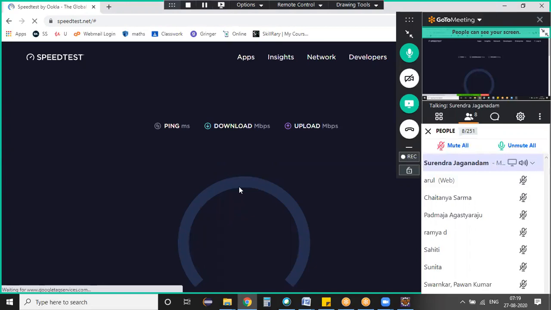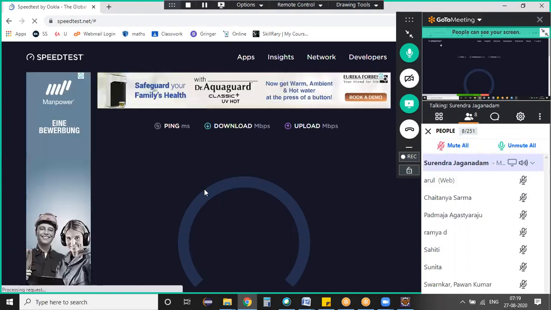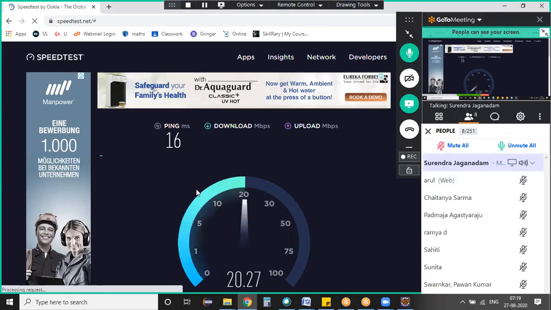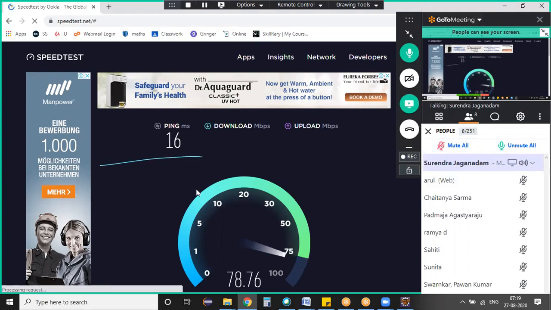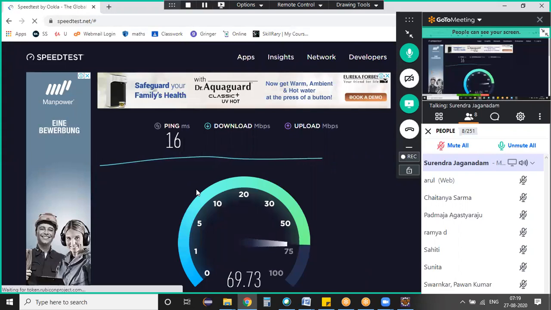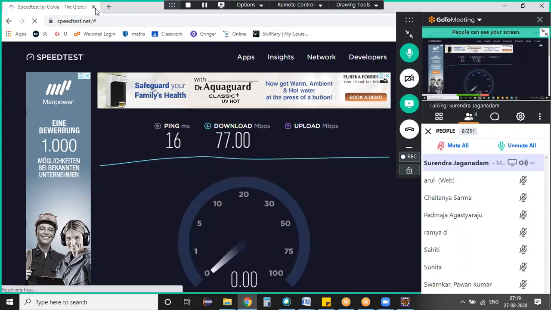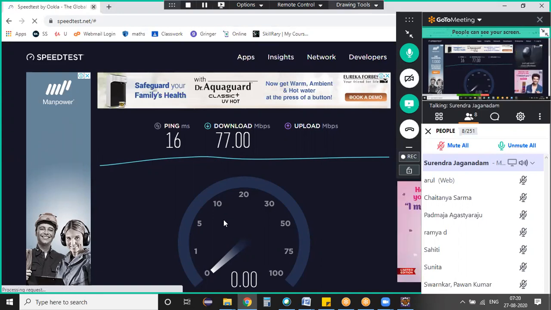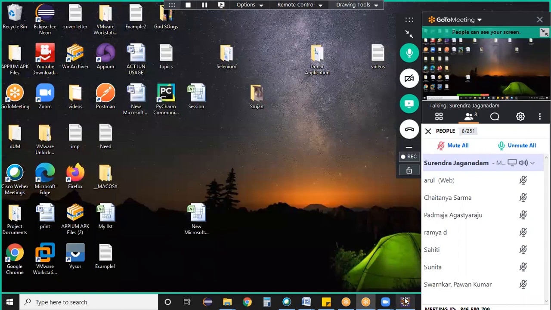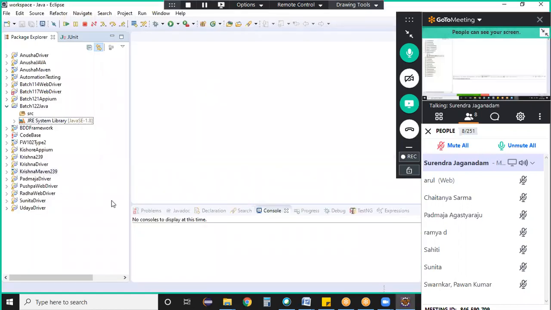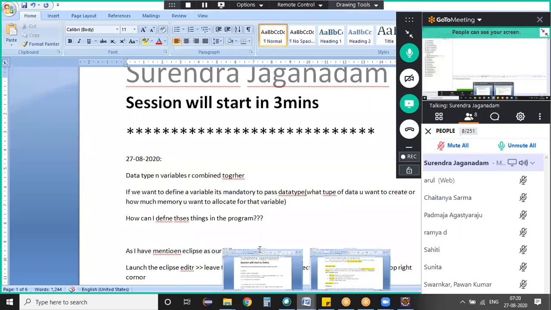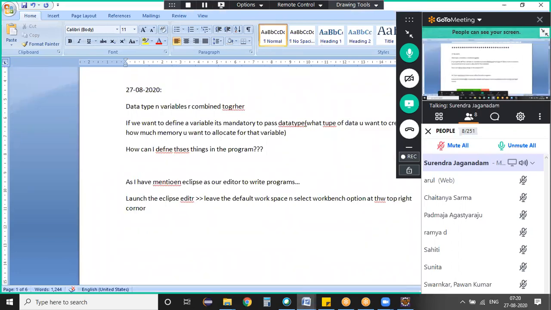Okay, cool. Done up to here. And then the next point I need to consider is, okay, I have specified my Eclipse editor and we have created a new Java project. So next, where can I create my variables and all those things? Within the Java